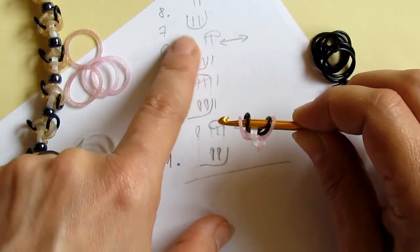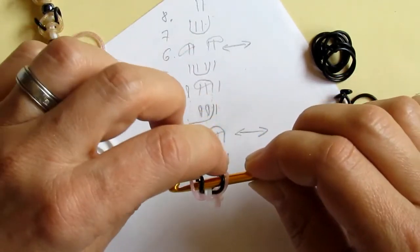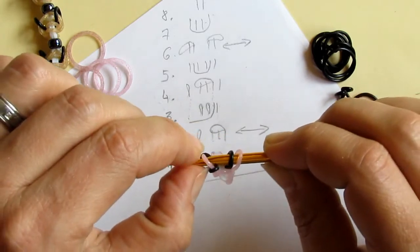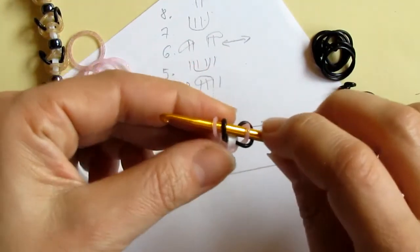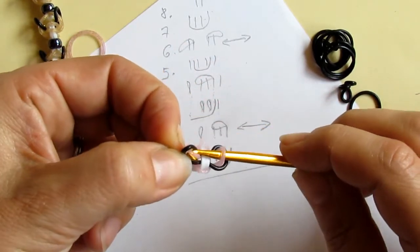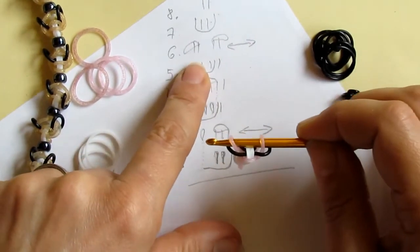Now I need to create the wings. So I just take the black and pull it over the tip of my hook, then I go to the other side and repeat this step. Just take it with your nails, fingers, and go to the other side. So the wings have been created,